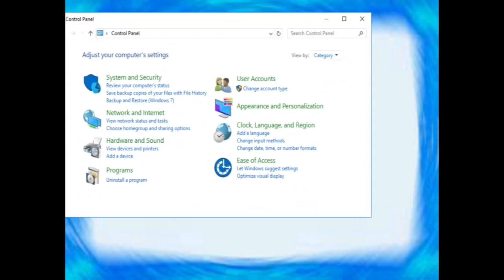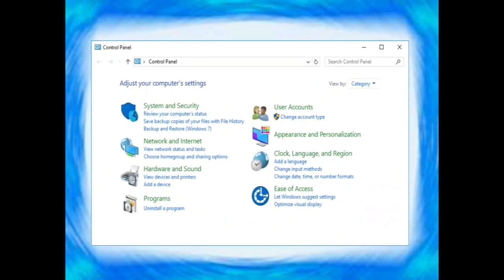Okay, when you choose the control panel, this page will be open. So already you know there are 8 types of control panel. In that we have to choose. Now what are we changing? We are changing the date and time option.